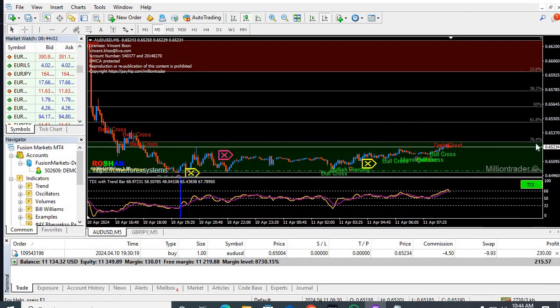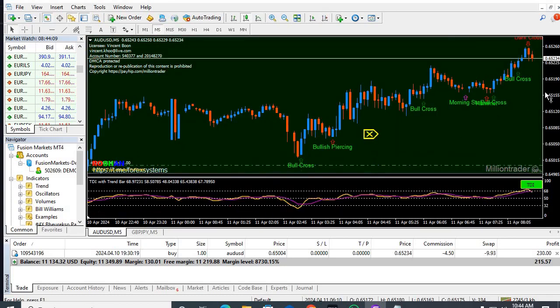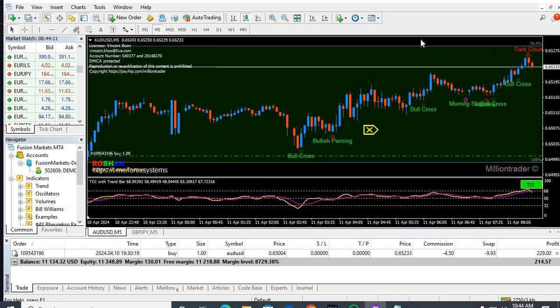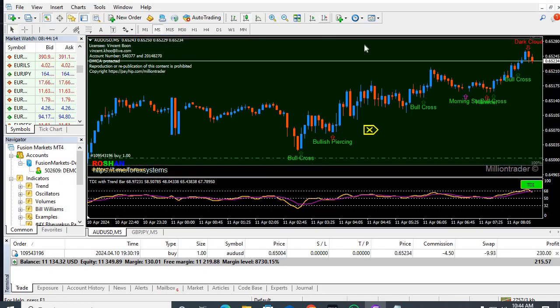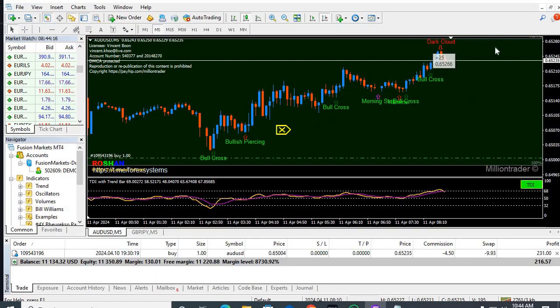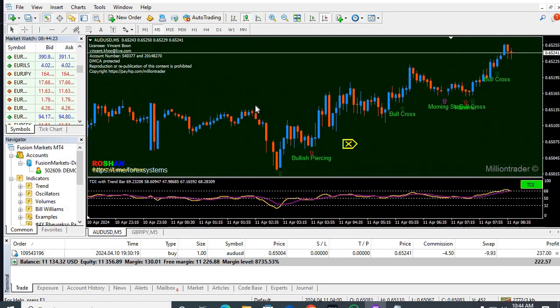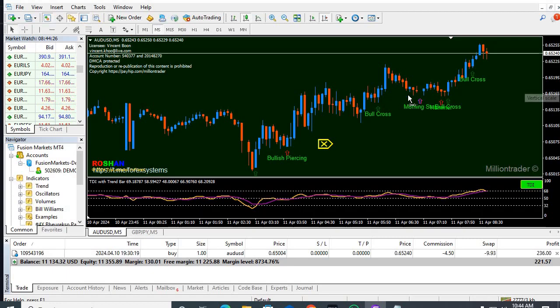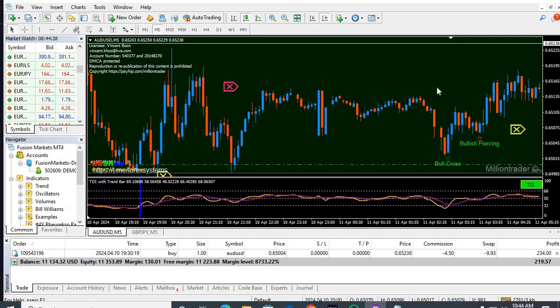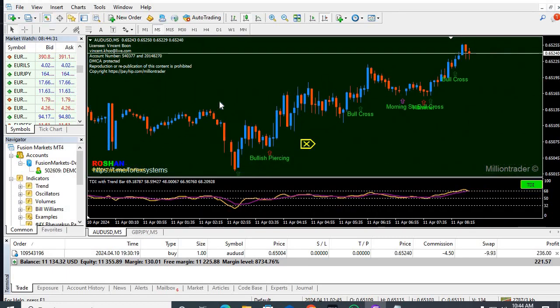Now there is some dark cloud. Let me show you clearly. Here you can see there is a dark cloud, so we have not executed, because it's just a sell signal, or you can say it's telling you that you can exit your trade, but we will not exit our trade. We need to wait until we get this sell signal. So we need to stick to our trade and just wait for the sell signal like this one.